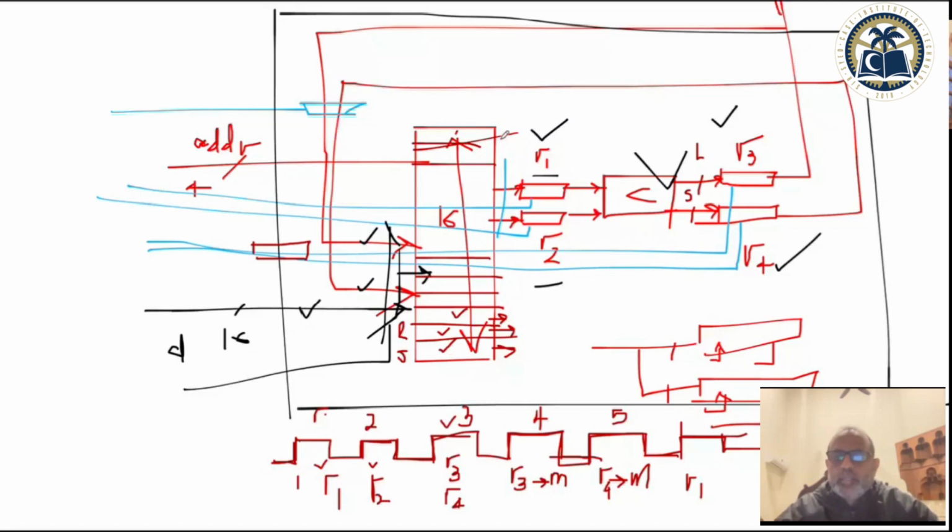So we can equally start from I and J. So there is an I register, an I value counter, and there is a J counter. Okay,